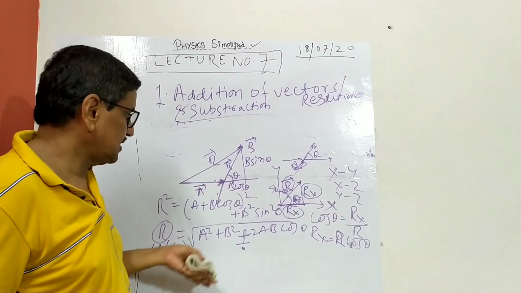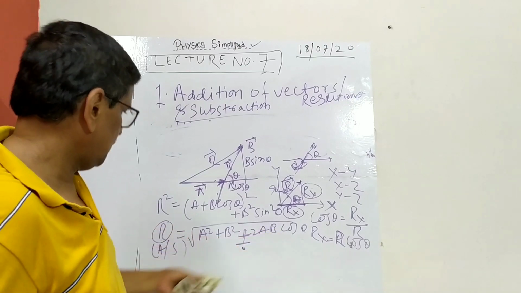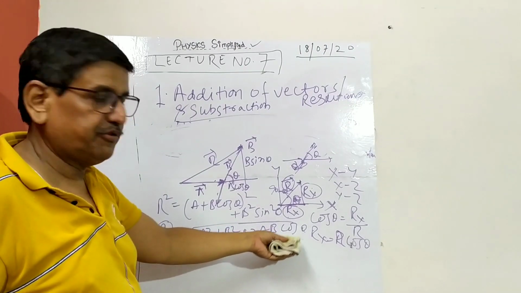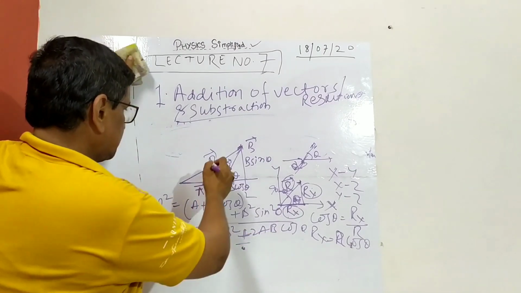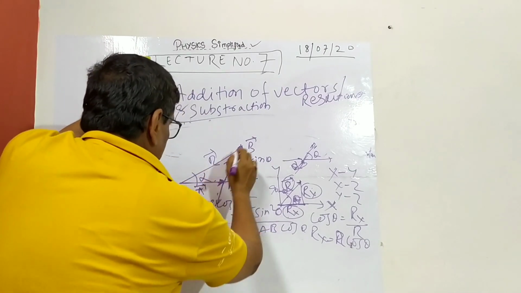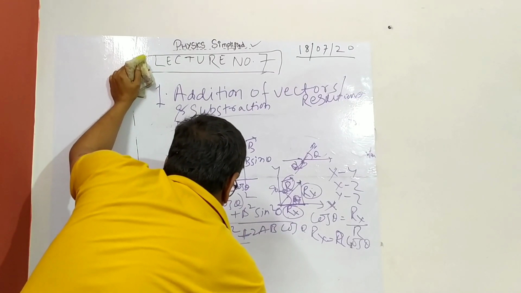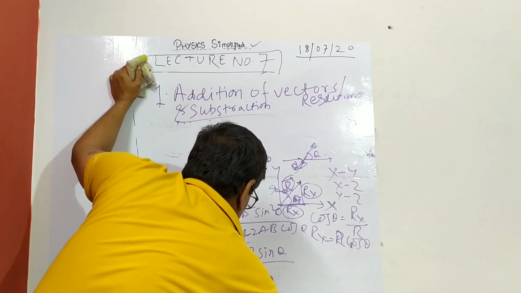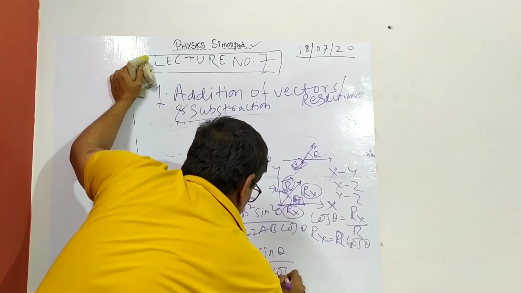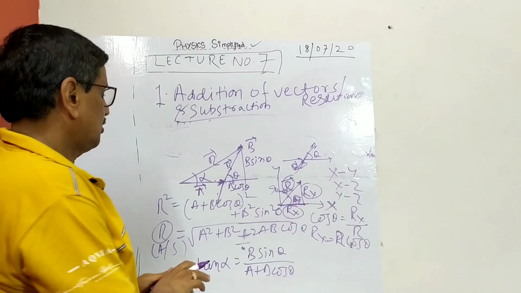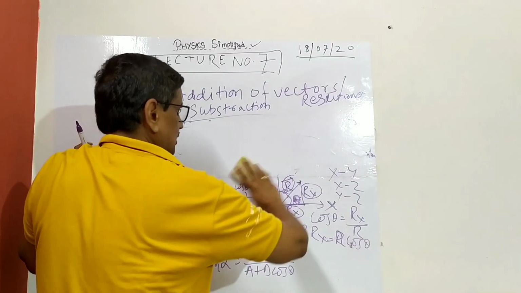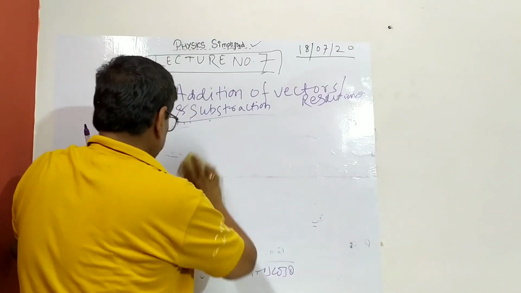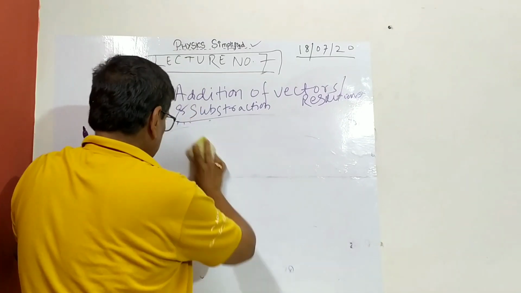So this is the resolution basically in a planar dimension, and this is the resultant. Mathematically, without going graphically, you can get this, and the direction will be this. So tan alpha you can get: tan alpha will be b sin theta by a plus b cos theta, because vectors have magnitude and direction. That sums up.